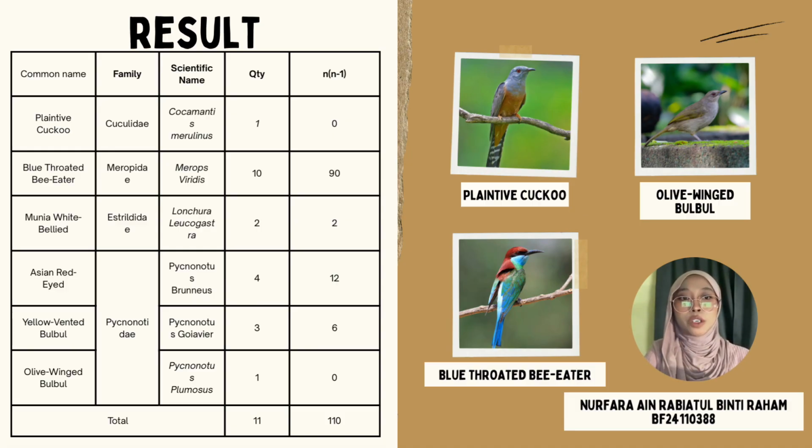From this, we calculated N minus 1 for each species, which is an essential component in the Simpson Diversity Index formula. The most abundant species recorded was the blue-throated bee-eater, Merops viridis, with a total of 10 individuals, contributing the highest value of N and